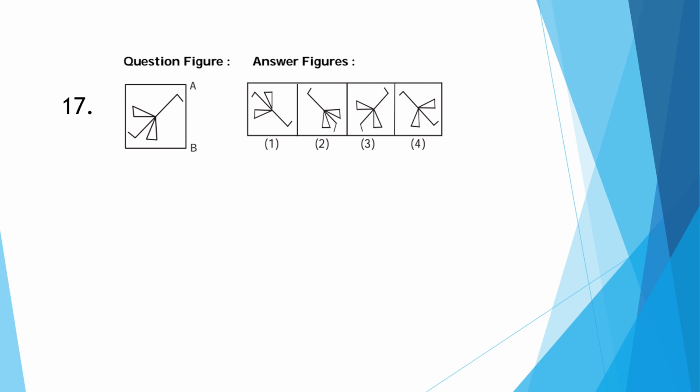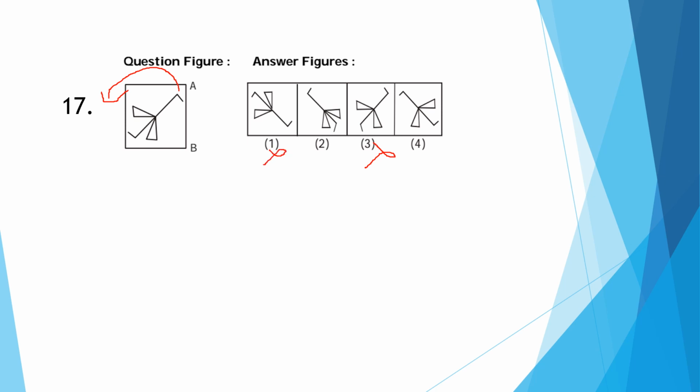Next one. So try the mirror image of this diagram. See in this diagram, just this one turn this side, that's it. In this question diagram, the third option is not an answer. Fourth option. And see the first option, this angle direction also changes, so this is also not an option.